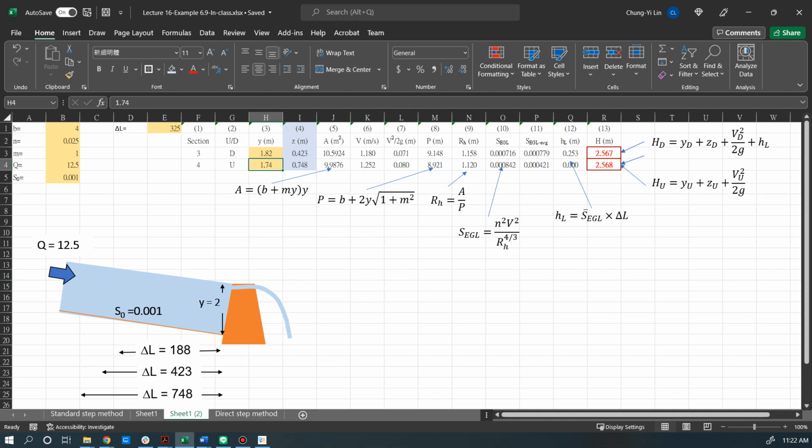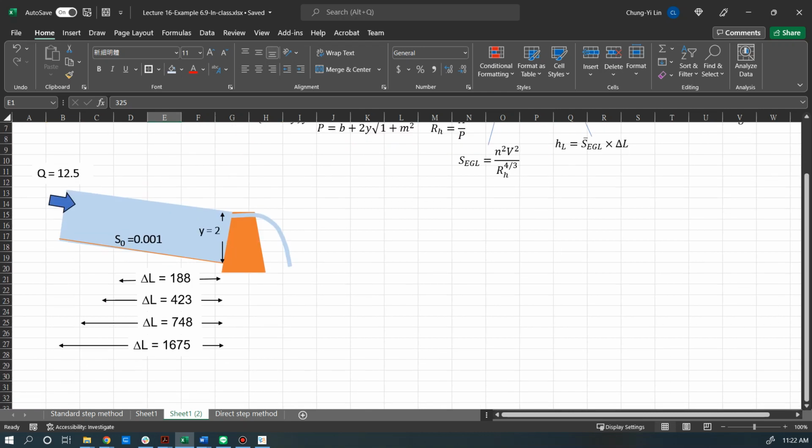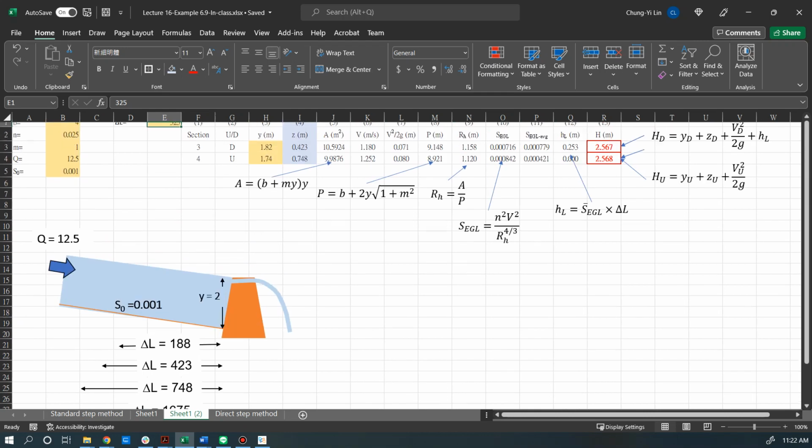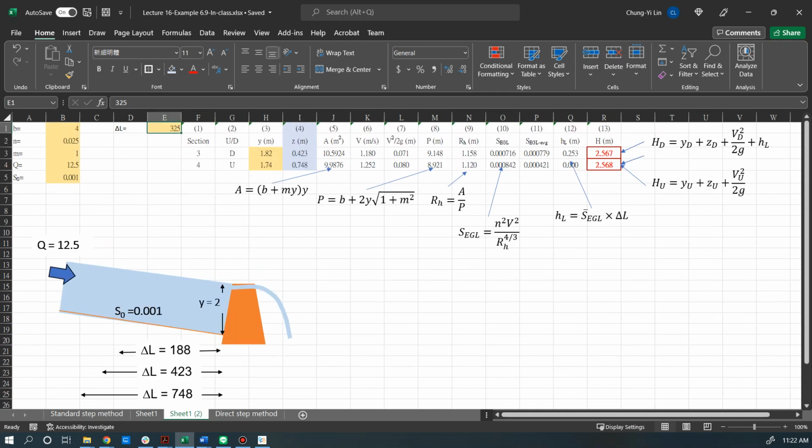So again, now the delta L, because we start from section 3 to section 4, so delta L is 748 minus 423. So that's equal to 325 here. So you need to put this number down. And the other thing that you need to modify